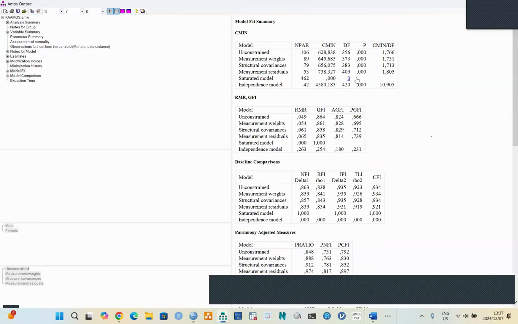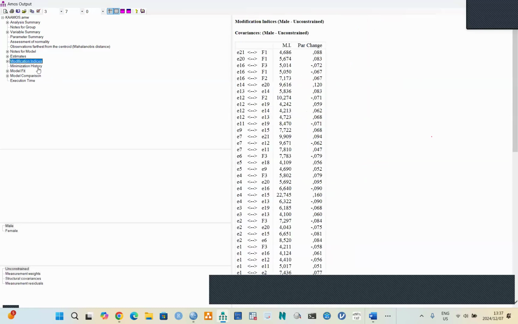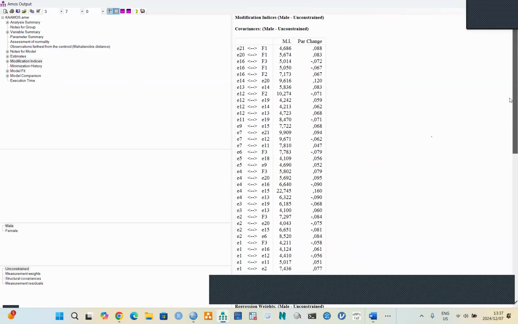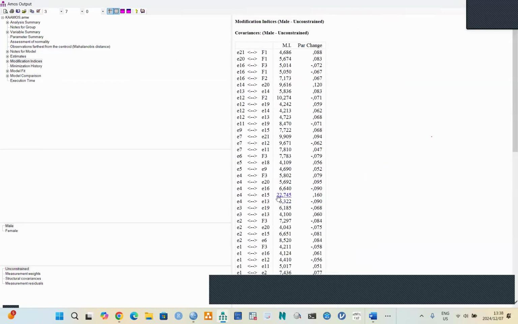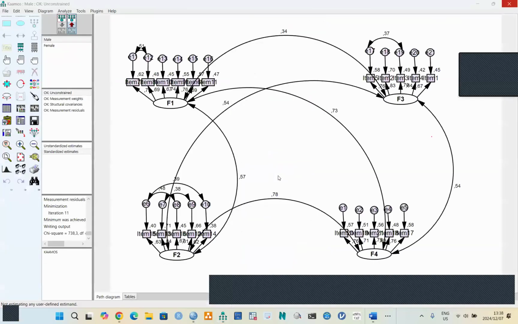And if this did not fulfill all the benchmark, you still have to come to model fit, what is it called? Modification indices, to check if there is any other. When you look at this one, this is 22, which is high, but it's 4 to 15. So they are not on the same page. So you cannot correlate 4 and 15. But with the current indices that we have, I think we can conclude that our data has met the